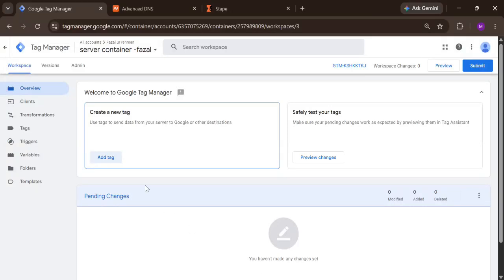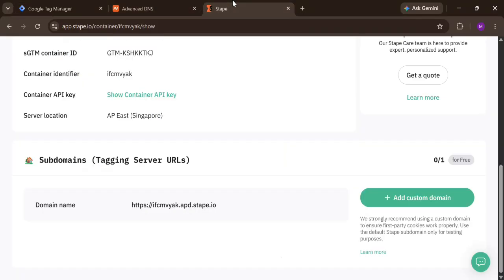Hi, my name is Fazil Rahman, and we will discuss how we can create a custom domain for our server Google Tag Manager container. For example, if you connect your server container with Stape or the cloud, they will provide you a free domain, that type of third-party URL, but it is not applicable